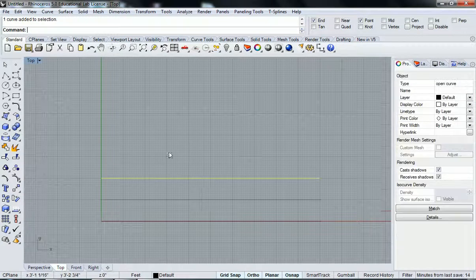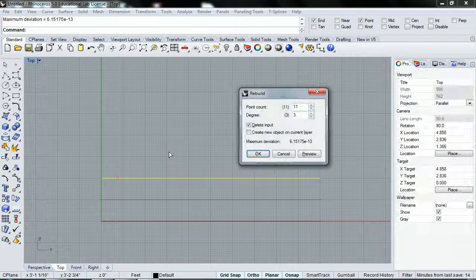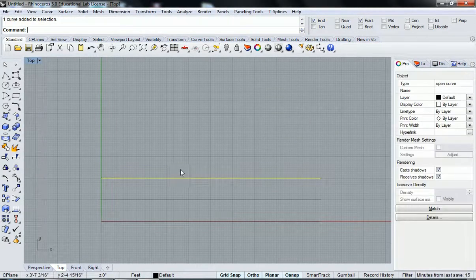And then now let's rebuild this line. We're going to keep 11 points again, and we're going to change the degree to 5. Once you type in 5 under the degree category, just hit OK. And then let's try